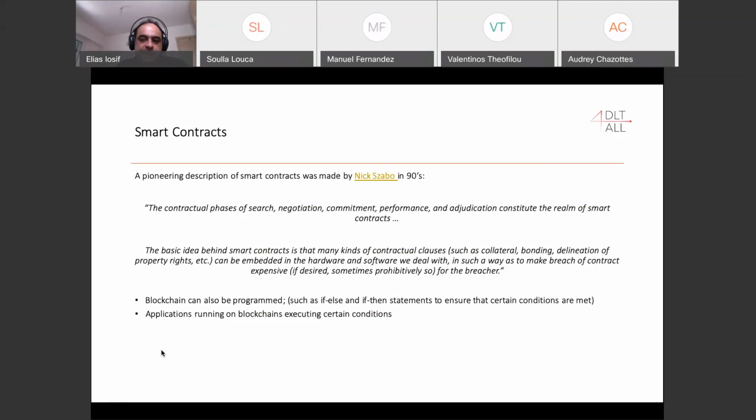As with the Bitcoin blockchain, the building blocks of this technology were known before Satoshi Nakamoto's paper. Actually, an interesting description of smart contracts was proposed by Nick Szabo during the 1990s. The key message here is that smart contracts are computer programs that run on the blockchain,